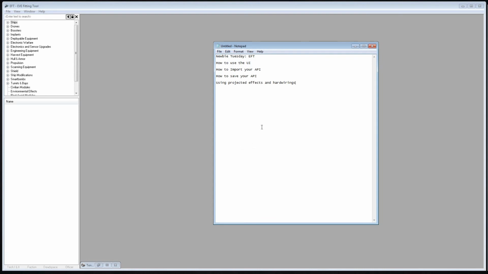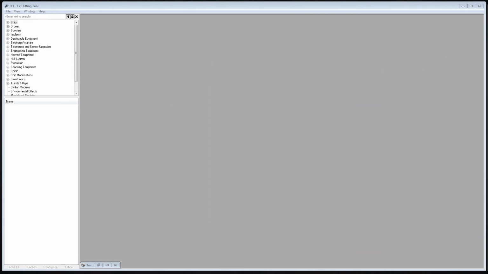So the first thing you do, how to use the UI. Okay, so the UI of EFT is really easy. We've got our search bar up here, and then all of the information will appear on the thingy. So let's look at how the search bar works. So if we type in energize,